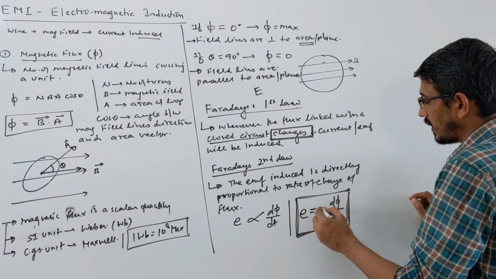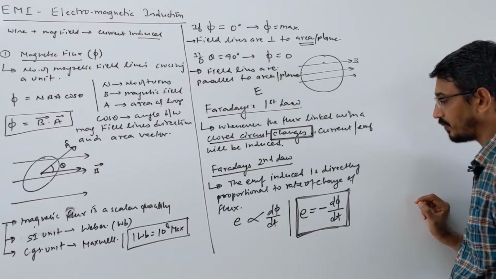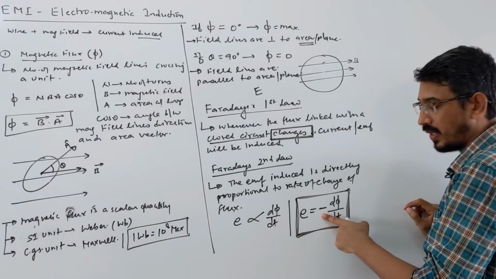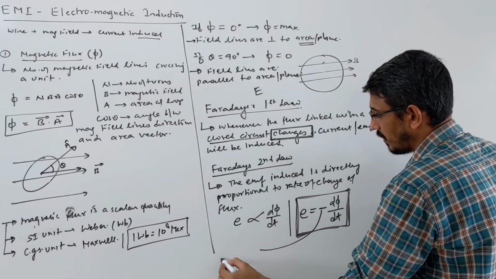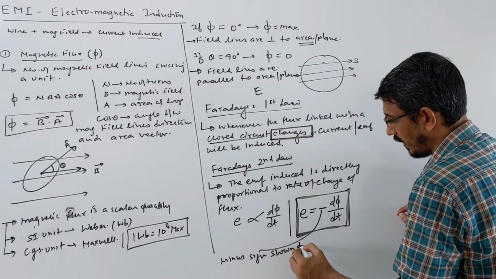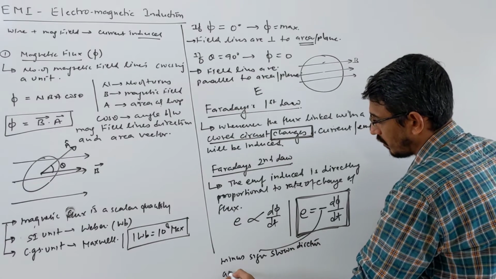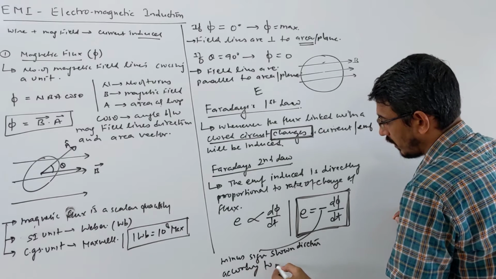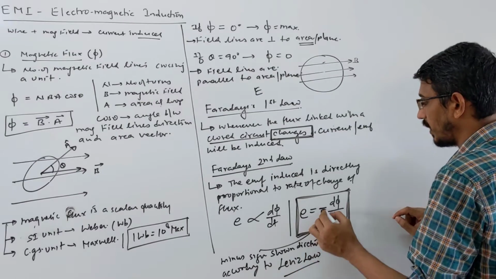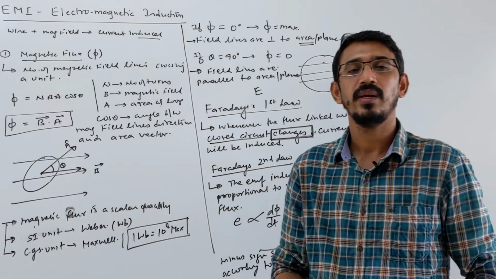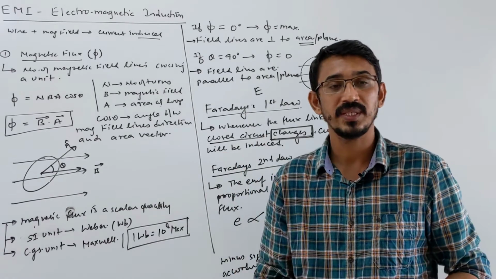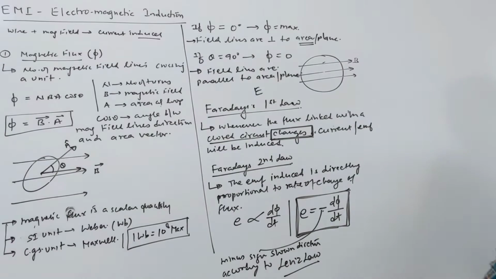This minus sign tells you direction. If somebody asks what the constant is here, you just put 1. This minus sign shows direction according to another law we call Lenz's law. We will talk about what Lenz's law is. This negative sign comes from Lenz's law. Lenz's law tells you the direction of the EMF induced or current induced, the direction in which the current will flow in the given circuit. So the magnitude is here.